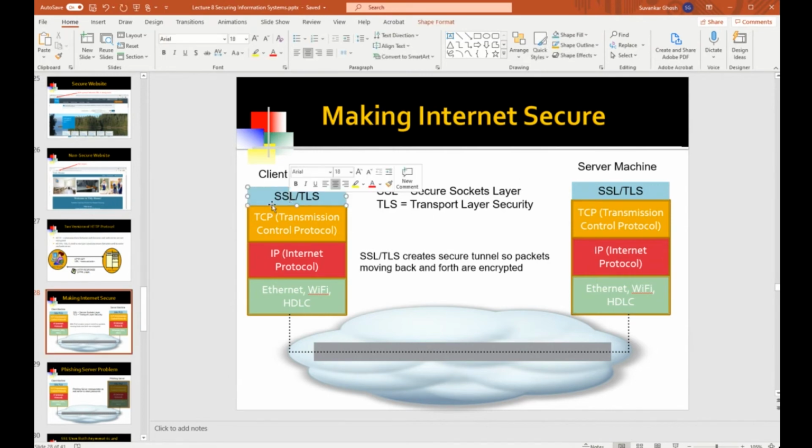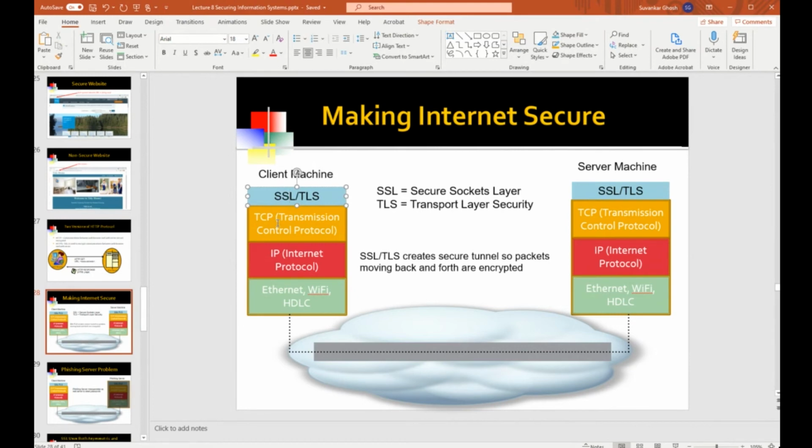So with the HTTPS protocol, your browser, when it's interacting with one of those secure websites, is actually going to encrypt the packets. This is the protocol that we refer to as the SSL protocol, which is a layer above the transport layer. Actually, the name has changed. These days, it's being referred to as transport layer security, but it used to be the secure sockets layer. And what it's doing is making this connection between the TCP entity.